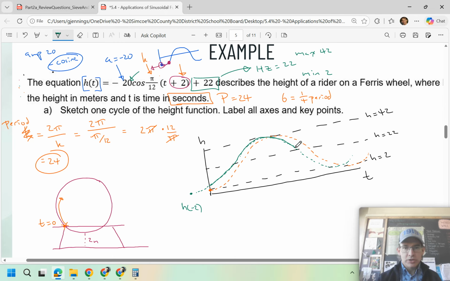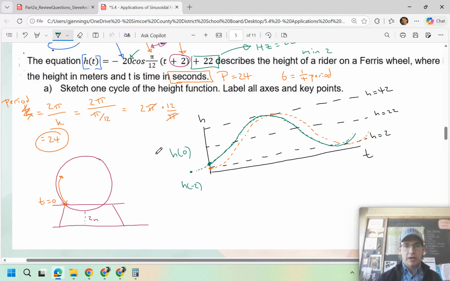And then we're just left to find some of the key points. So let's go ahead and do that. Clearly, one of our key points is our starting position. So that's like h at 0. And to do that, I would just evaluate. Okay, so we're just going to evaluate to find out that point. So we're going to copy out h of t equals, just copy it out,